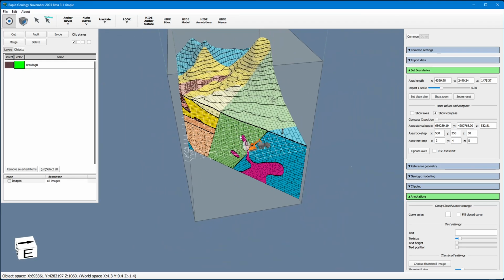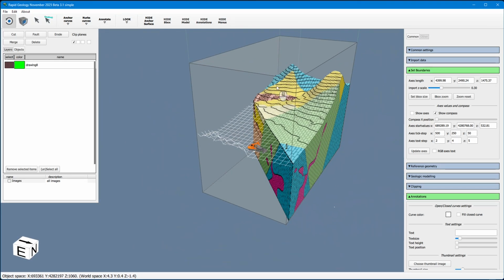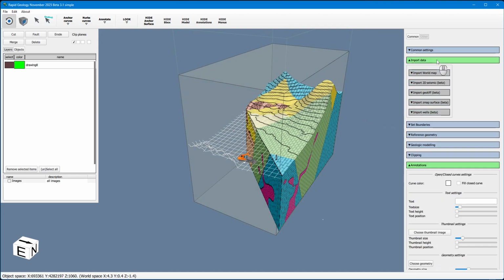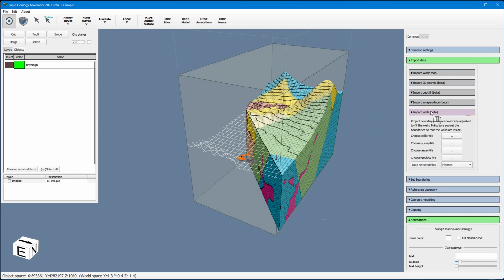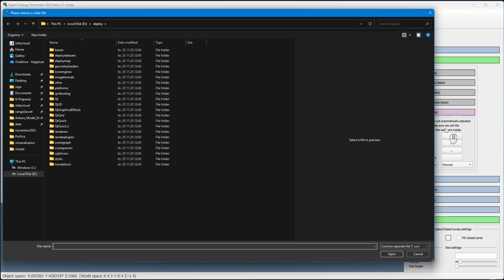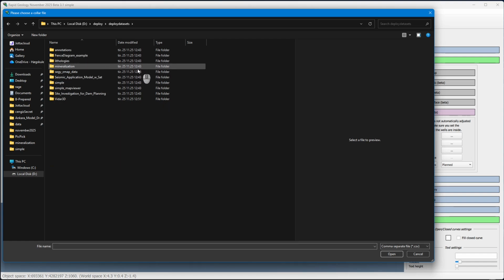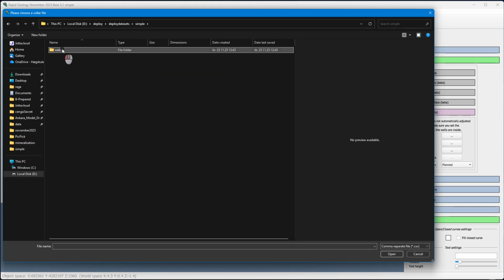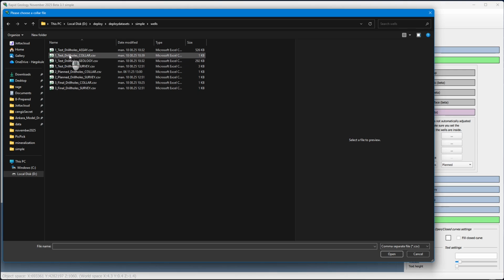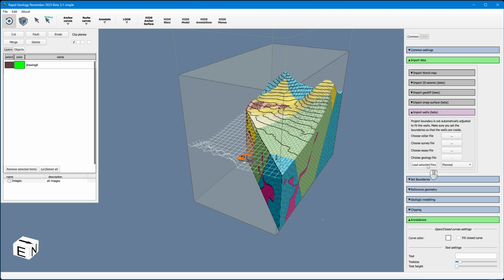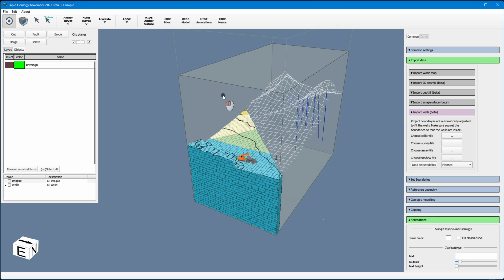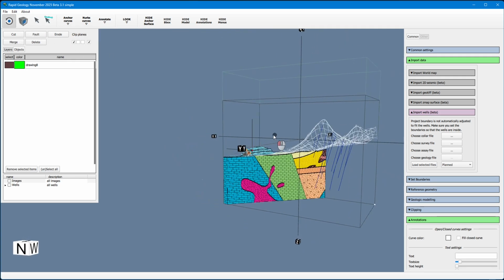This project here also has some wells. To import the wells, you have to go into Import Wells, choose Color, then you have to go into the folder of the project, Simple, and then Wells, and then Test Drill Holes Color. Press Open and then Load. The wells are in this area here, so if we invert the selection, then you see these red